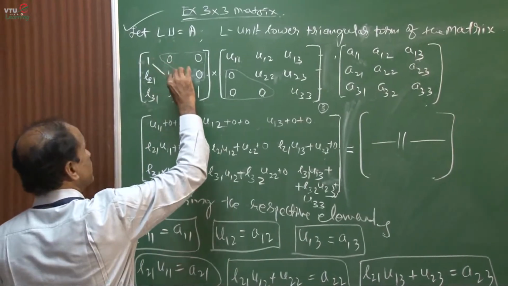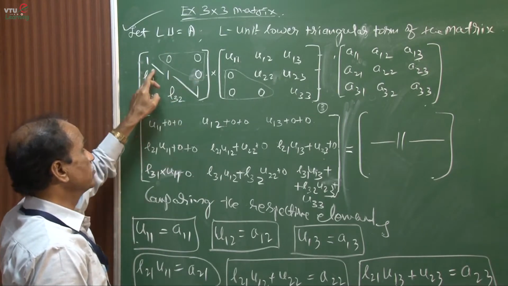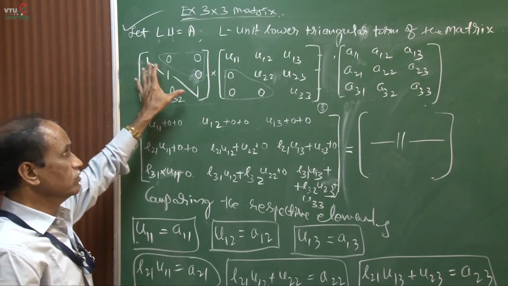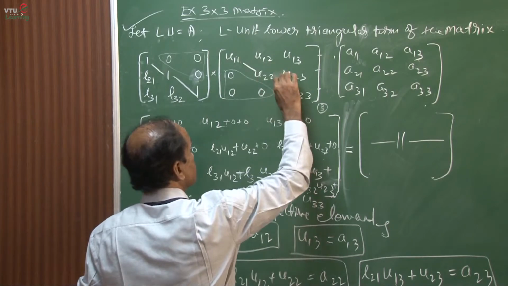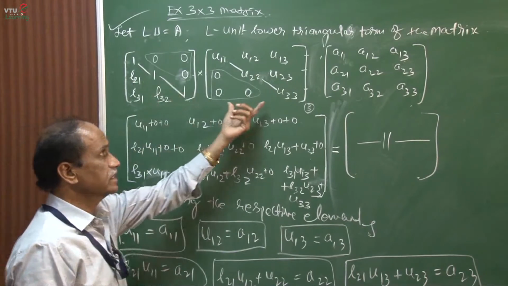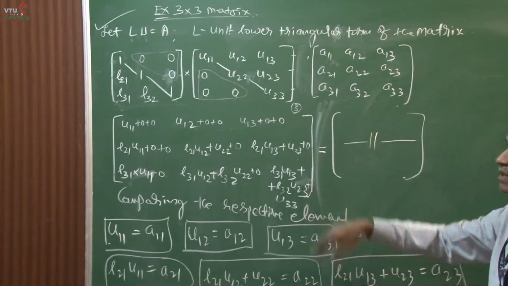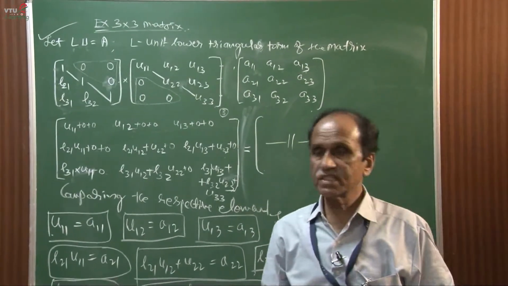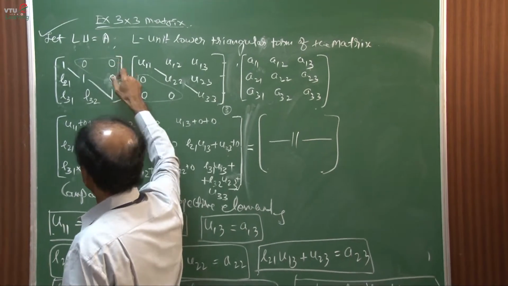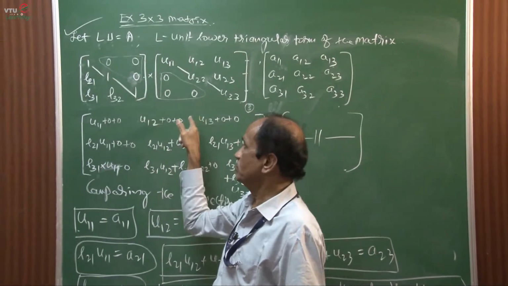This is the diagonal line which contains all the 3 elements, that is L11 equal to L22 equal to L33, equal to 1. The diagonal elements are not unity in general, but here they are unity. This is called the lower triangular matrix and this is called the upper triangular matrix. From this lower triangular and upper triangular matrix, the product we expect is L into U equal to A, and after multiplying, rows into columns,